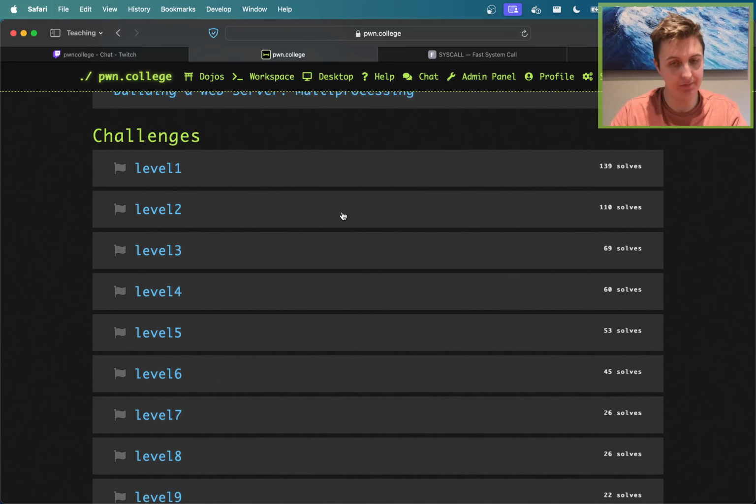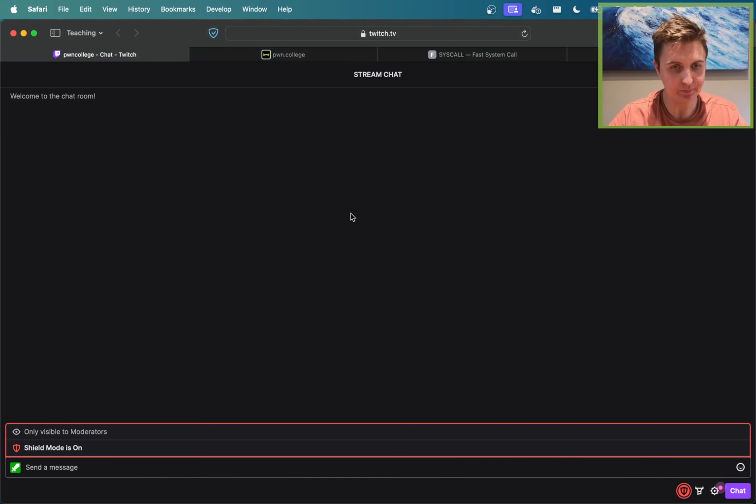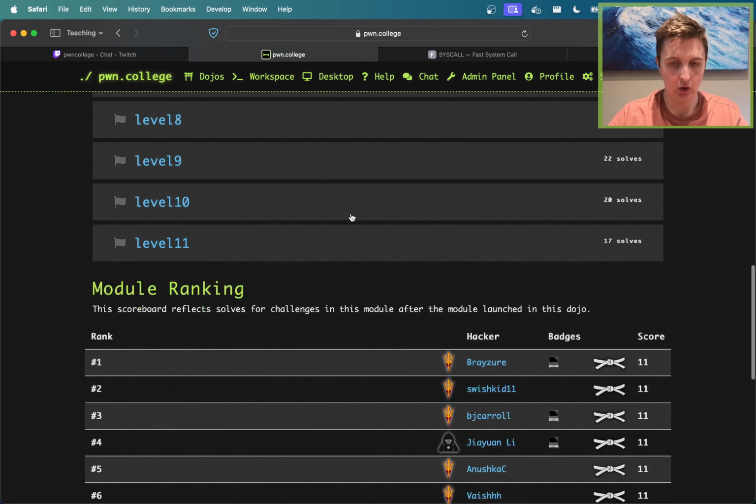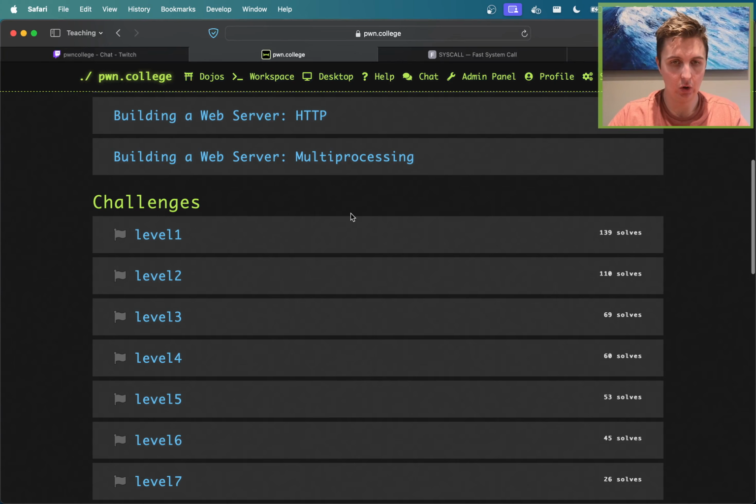This is the third module. It is a kind of culmination of the first two modules. In the first module, we were an HTTP client. In the second module, we wrote x86-64 assembly. And in this module, we are the web server, and the web server is written in x86-64 assembly. At the end of this all, you should have a web server